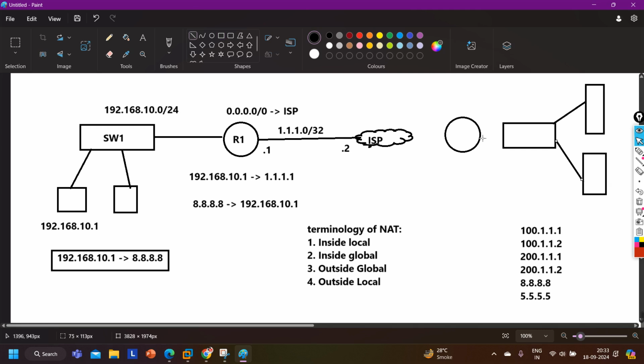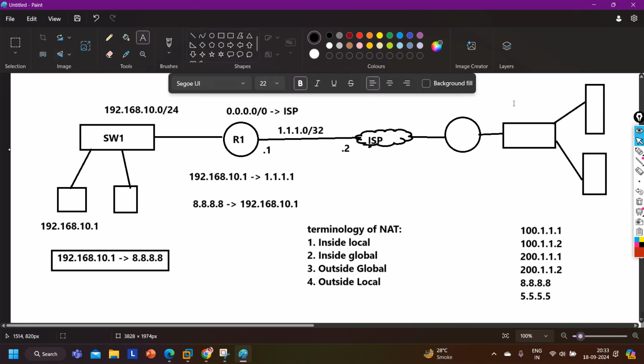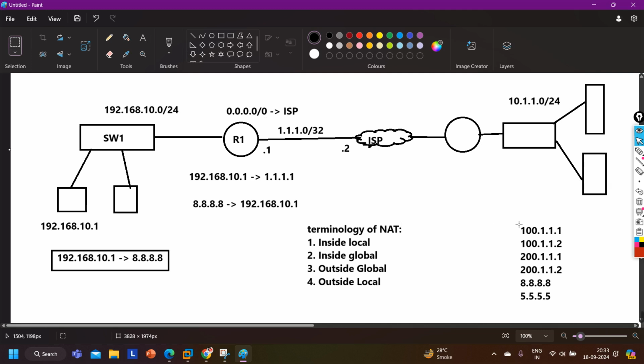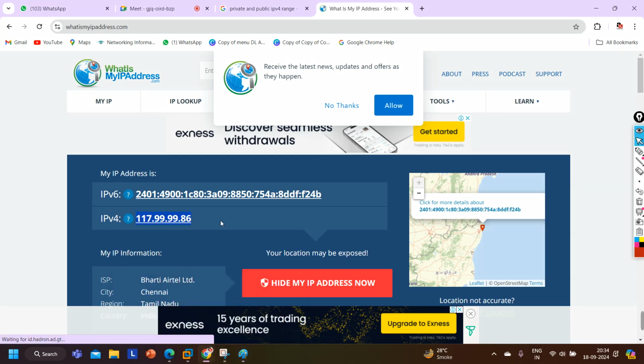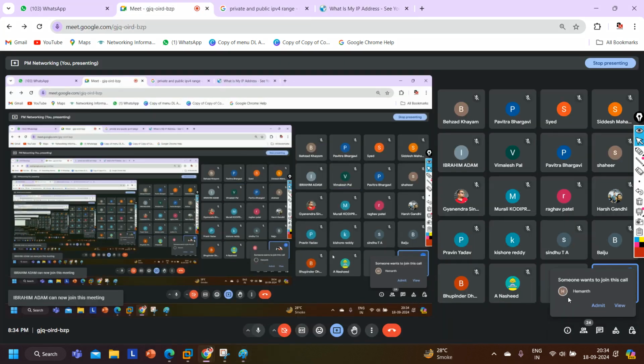They will also be using a private subnet inside the network. Their private subnet is 10.1.1.0/24, and these are the public IP addresses of Google, right? So let's say if you want to access this server of Google, 10.1.1.1, you will hit the public IP address.